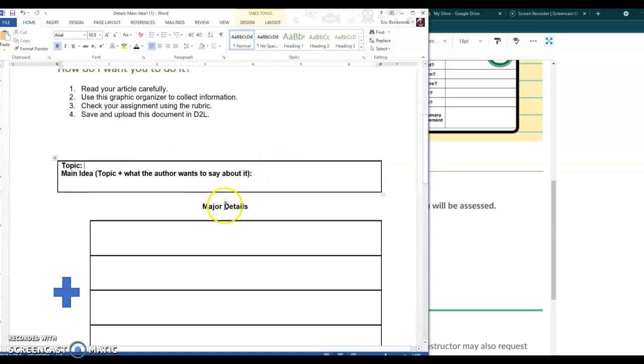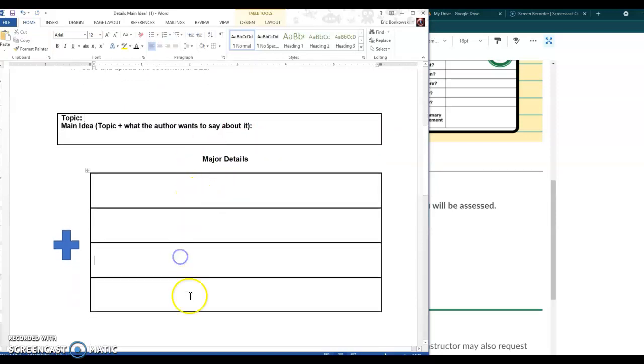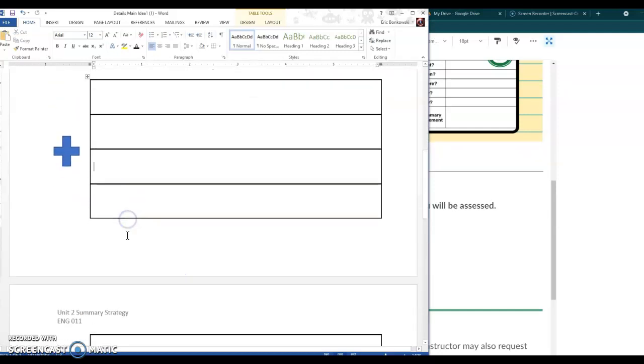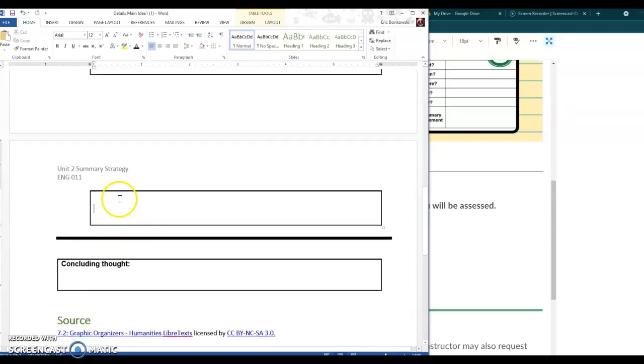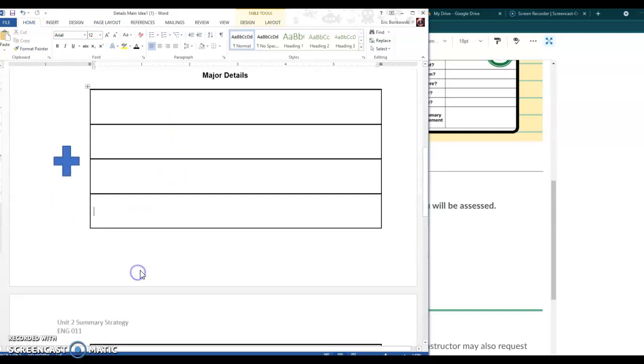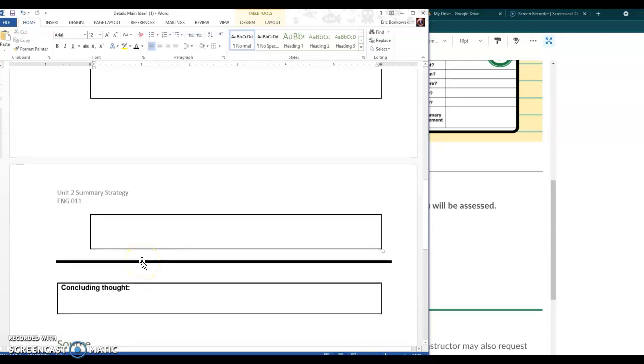Major details, that's going to be the next part. Here, you're going to go through and you're going to pull out the things that are most important in the article. So I think I made space for 5. You could always add in more at the bottom if you think that there's more thoughts that you want to include. But here there's boxes for 5 major details. And what you're looking for in the major details are things that need to come from the article that are important to include. Not just specific statistics, not quotes, not specific people, but pick out the ideas that are most